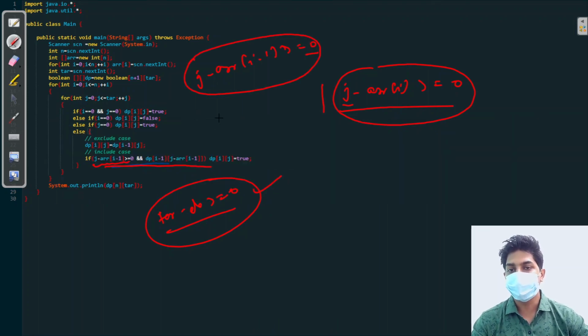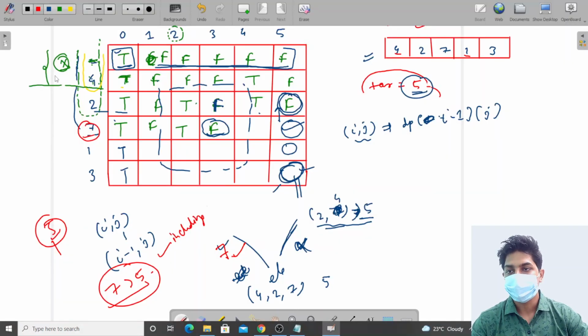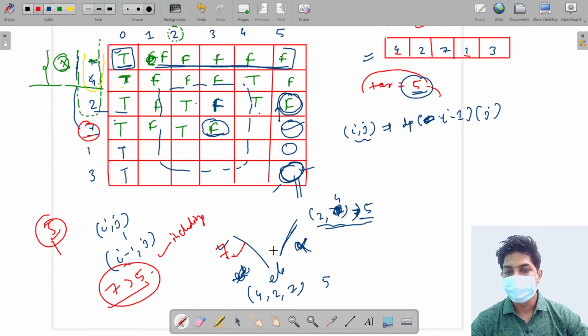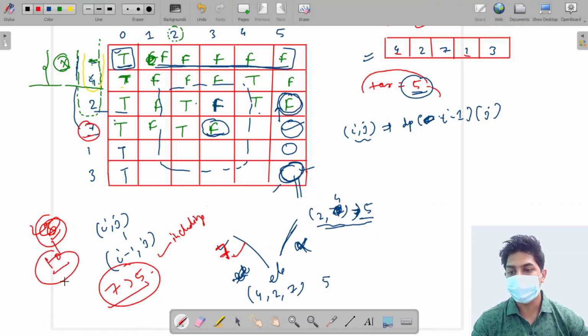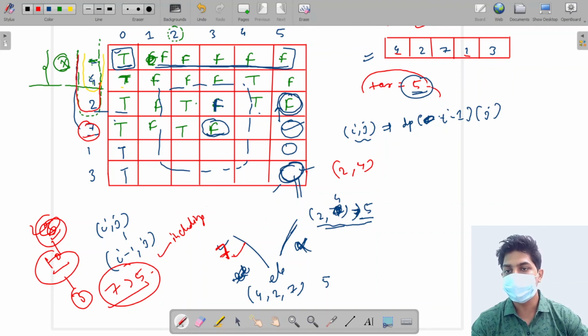And even after including that element, suppose I include 7 and the target was 10. So what is the remaining amount? I have to make 3. So I have to check whether it is possible for 2 comma 4 to make sum equal to 3. I used to go into the row of 2 comma 4 and check for 3. If it is true, then only my answer is true, else it is false.